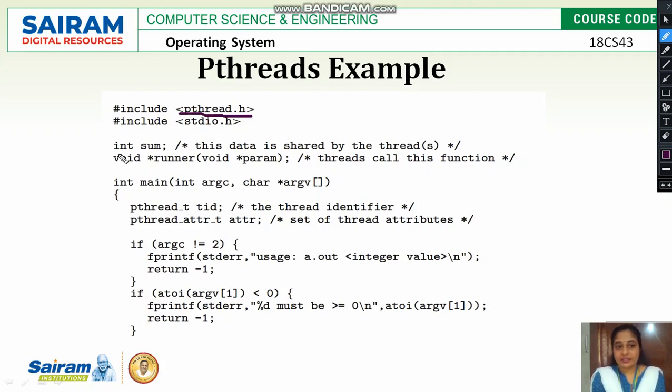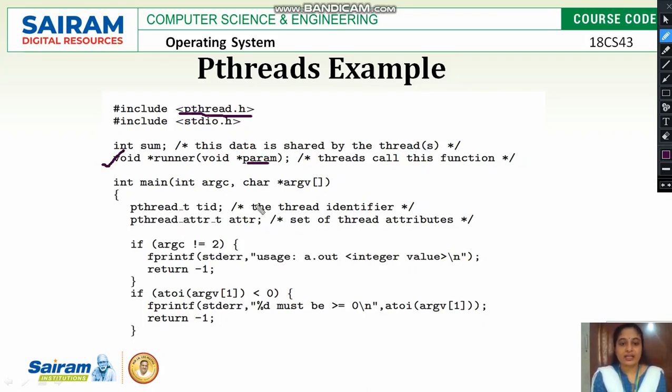Here we have sum, which is data shared between the threads, and a user defined function called runner with a parameter param passed to the function. The threads are responsible for calling this function. In int main, argc and argv are the command line arguments passed.